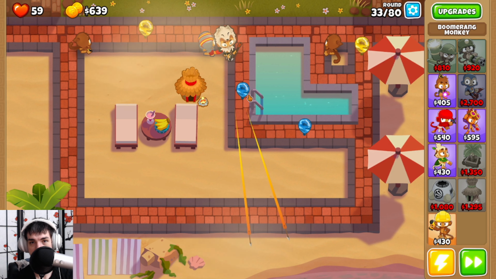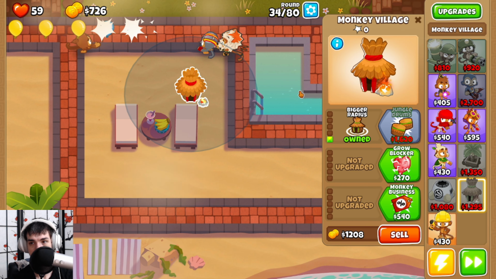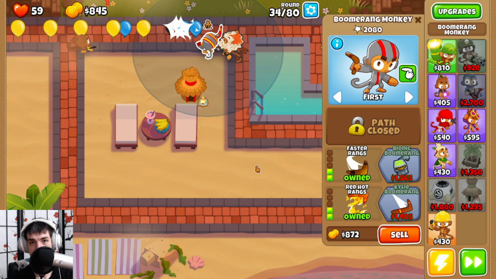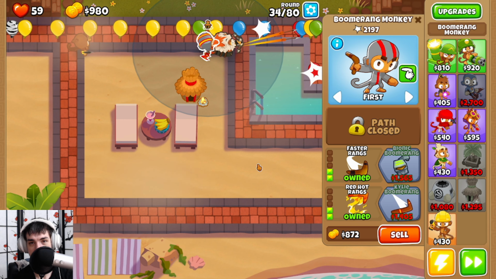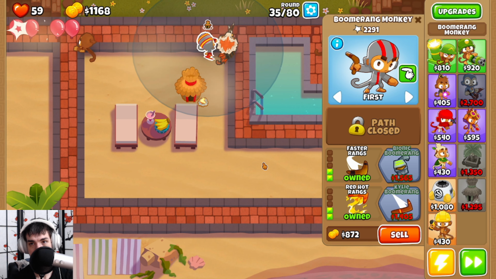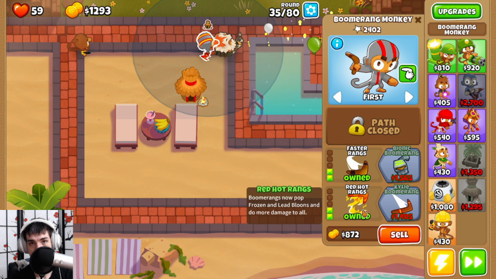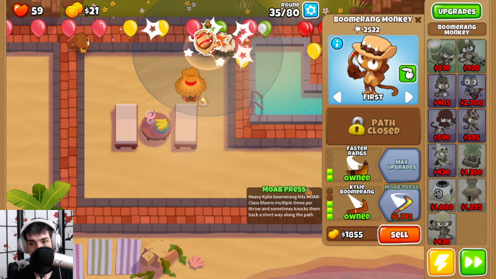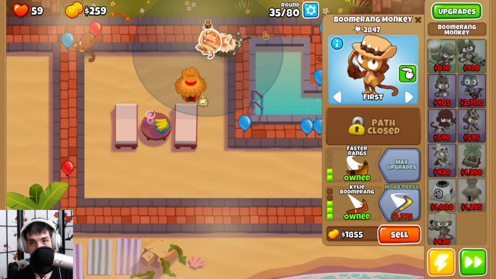Quincy's dealing with all these camo balloons for us, which is really nice. Bring them. Need just a little bit more for that Kylie boomerang, about 500 to go and counting. And now that we have that, we can save up for a Moab press, which we're going to get just